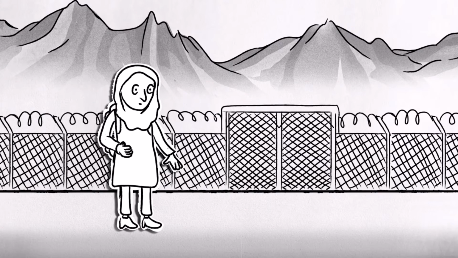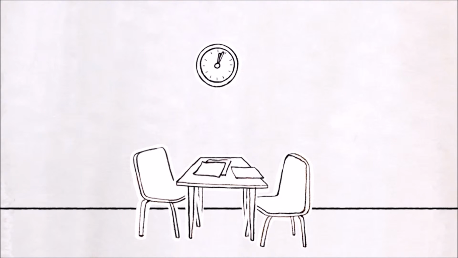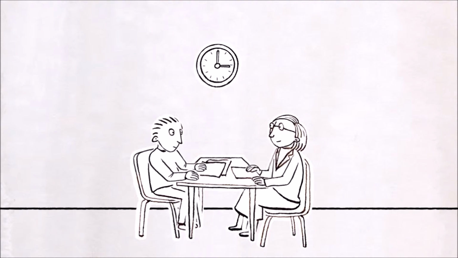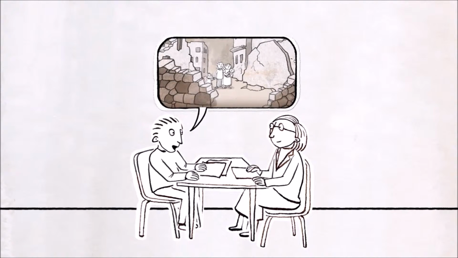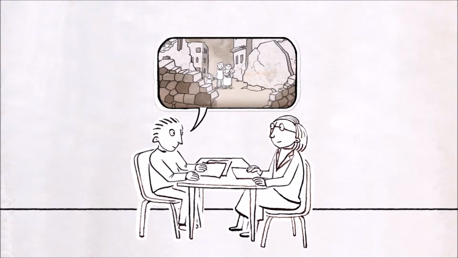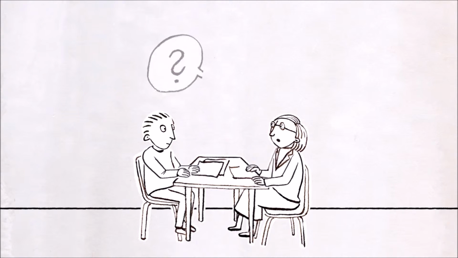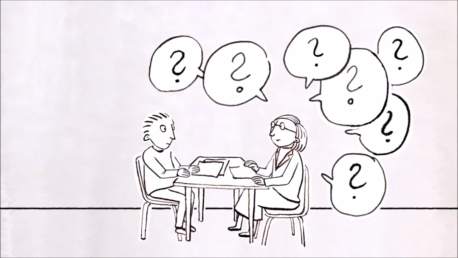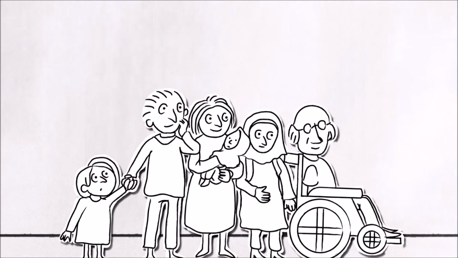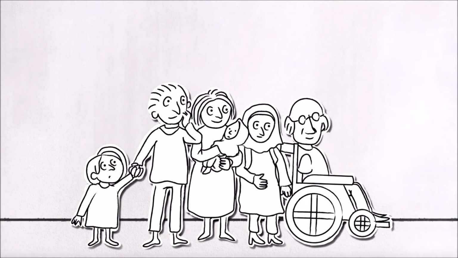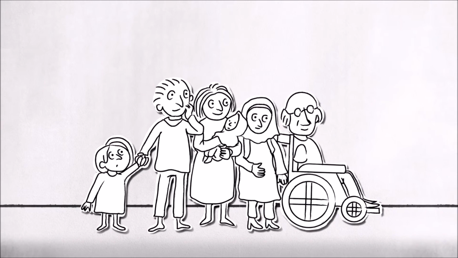At the full registration appointment, the Asylum Service caseworker will briefly ask you about the reasons you are claiming asylum, why you are afraid to go back to your home country, and will need details for you and your family's personal information. At this stage, the Asylum Service will also decide if you are eligible for family reunification.